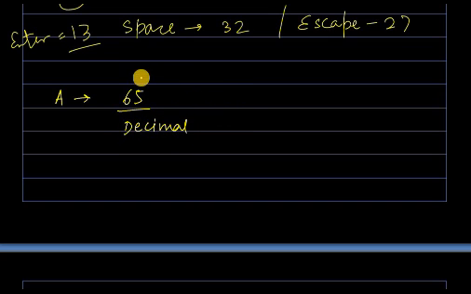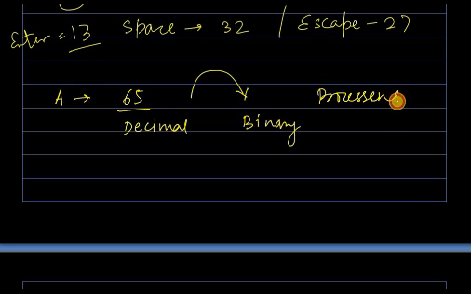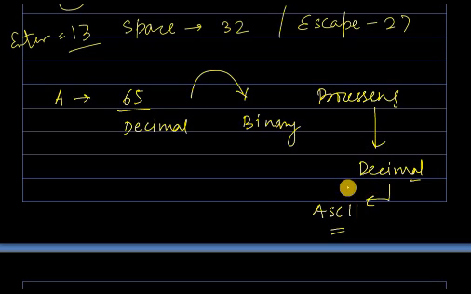If this decimal number is to be sent to the computer, it has to be in binary format. Then only computer will understand it. So all the processing will be done in binary. Now again, when we want to see it, again it will be converted into decimal, so that we can understand it. From decimal it will be converted into ASCII and desired format that we are expecting from the process.